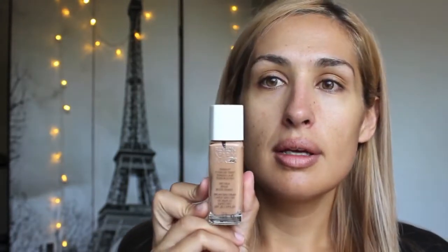Okay, let's get started. So I'm going to use my Revlon Nearly Naked foundation, and I really like this one for every day because it's lighter coverage. I'm using the colour True Beige, and I really like it. It's not too heavy, not too mask-like, because potentially you're going to be in an office, so you don't want it to be masky. So I just get some of this,